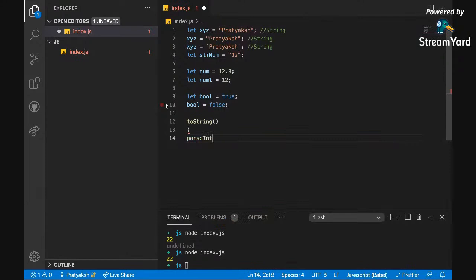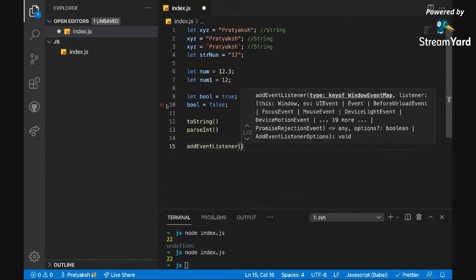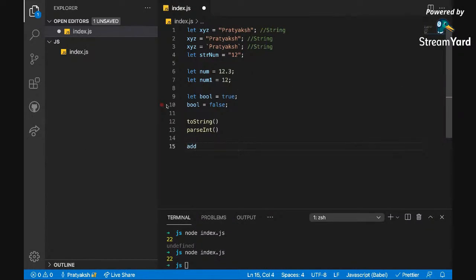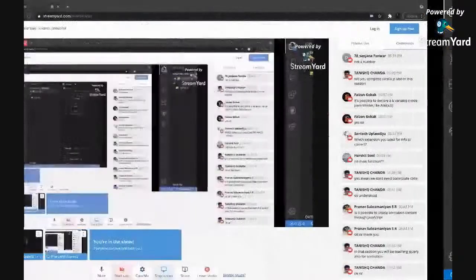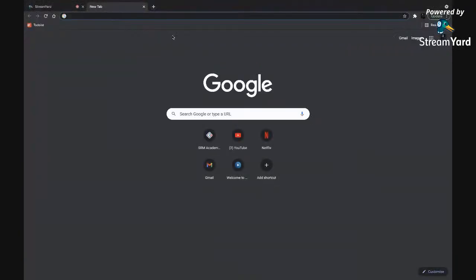You see, it's a function. It's looking very similar to what I did earlier with add, right? Now, where's the definition of these functions? JavaScript has already provided these definitions, and you can just Google it.